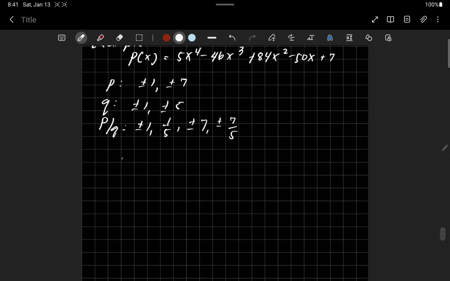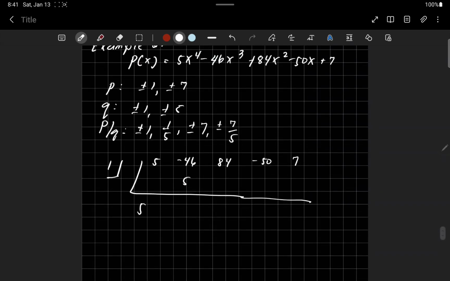Okay, step 2, using synthetic division, let's test all the roots of our equation. So, what are the coefficients? We have 5, negative 46, 84, negative 50, and 7. So, let's test for positive 1. Bring down 5. 5 times 1 is 5. Negative 46 plus 5 is negative 41. Negative 41 times 1 is negative 41. 84 plus negative 41 is negative 43. And negative 43 times 1 is negative